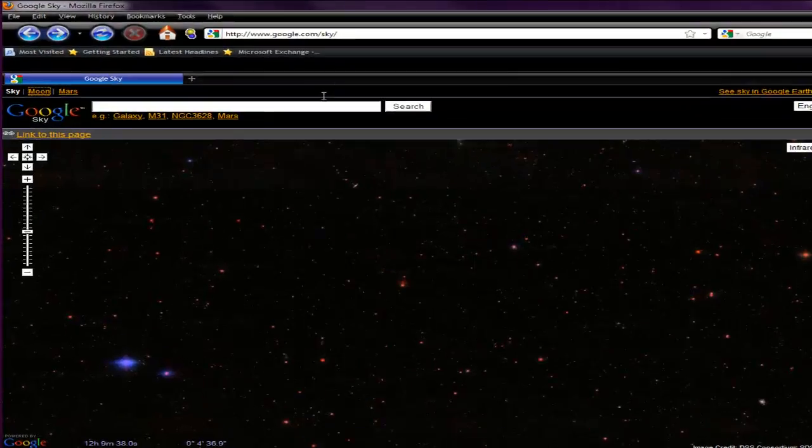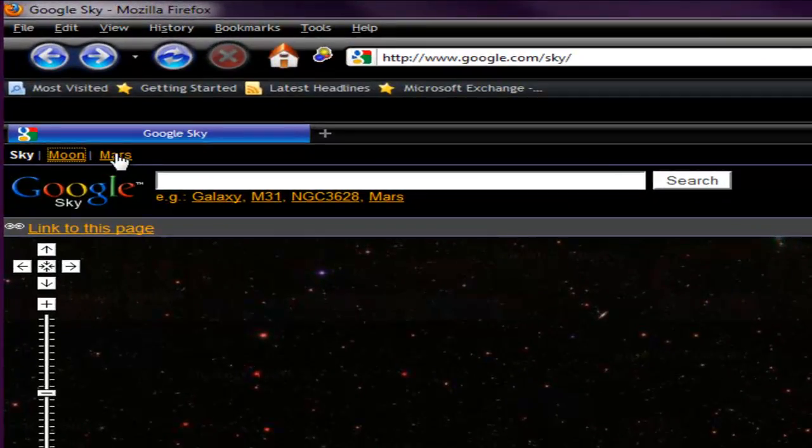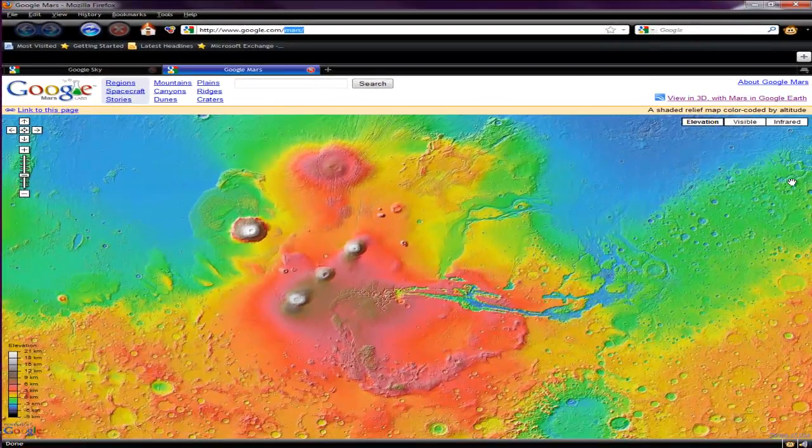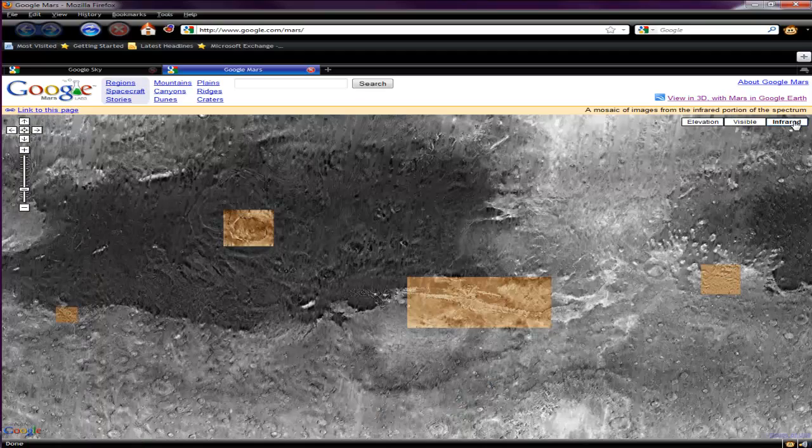Alright, I'm going to close out of the moon, and then this time I'm going to go to Mars. Again, I'm just launching it from GoogleSky. If I click on Mars, it's just going to turn into google.com/Mars. So I could actually just type Mars in right here, or sky, or moon, and it'll go to that particular thing. Now this one has already got the elevation or the infrared filter on,